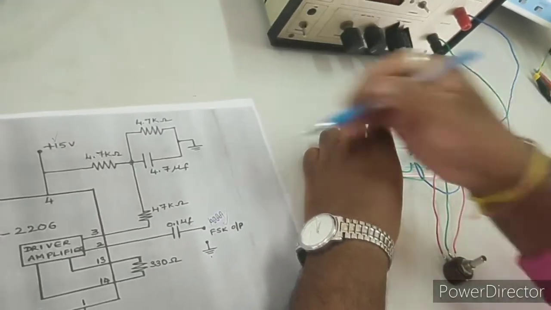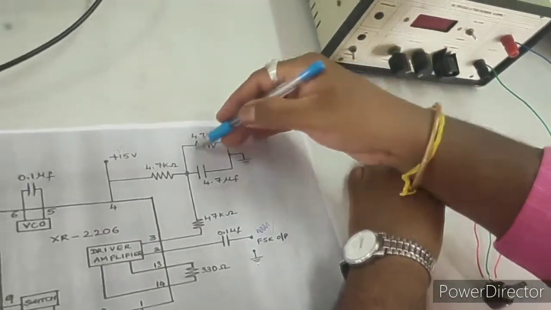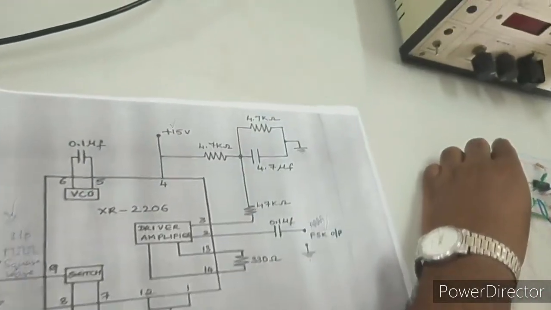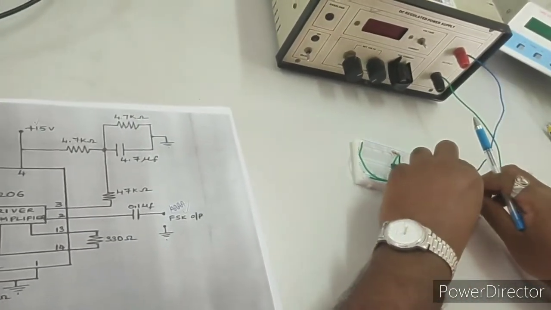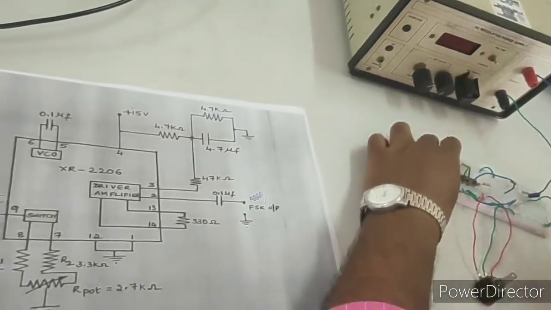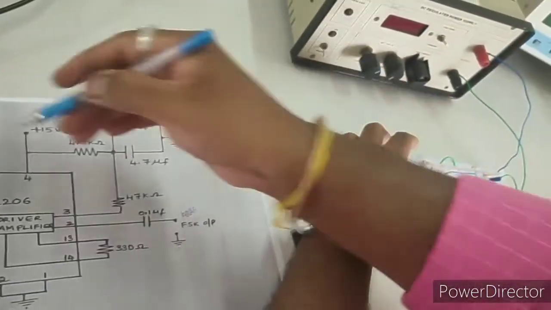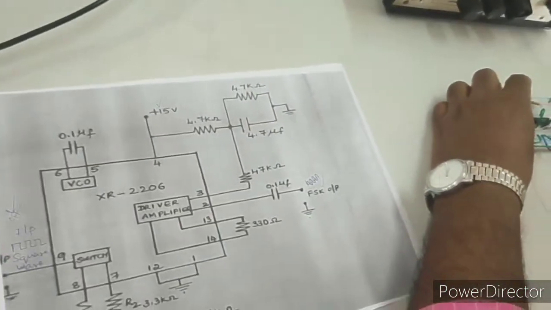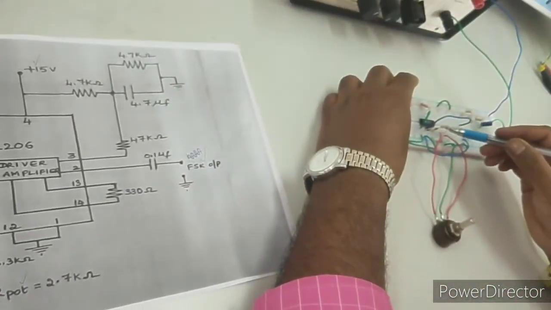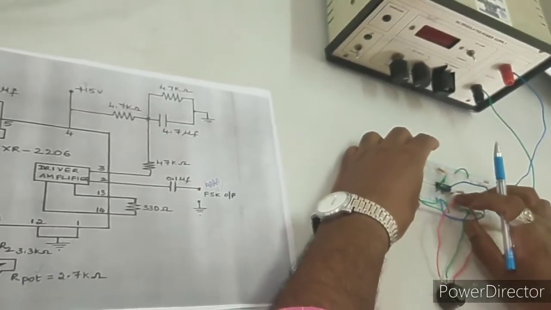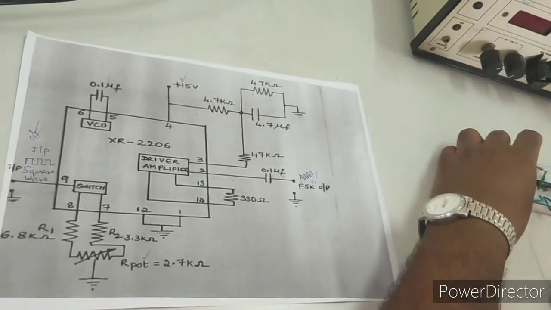4.7K parallel to capacitor. This end is grounded. This is a short path, and the 4.7K goes to pin number 4, and in the same manner this 47K goes to pin number 3. So 5, 6 there is a capacitor, this one to the VCO, and pin number 7 and pin number 8 there are two resistors, 7 is 3.3K and 8 is 6.8K, and the two resistors are connected to two free ends of the pot, the middle wire of the pot is grounded. So this is about the circuit.